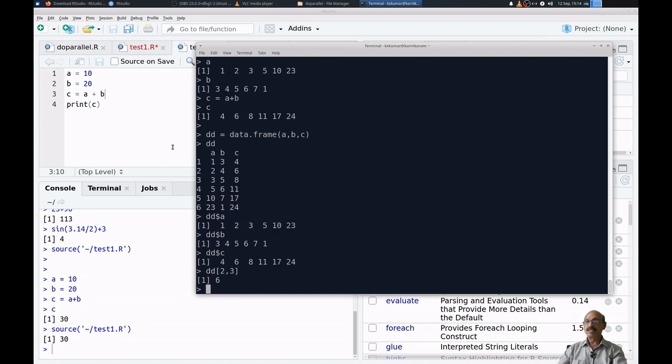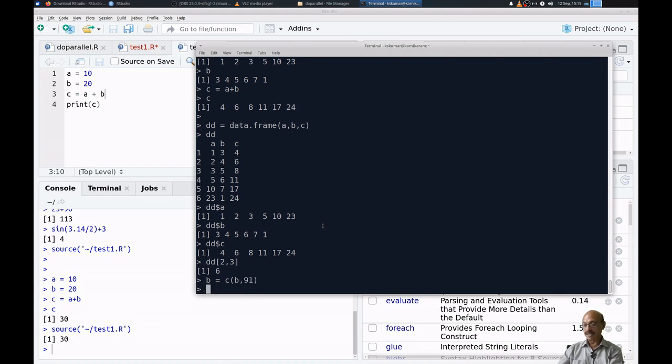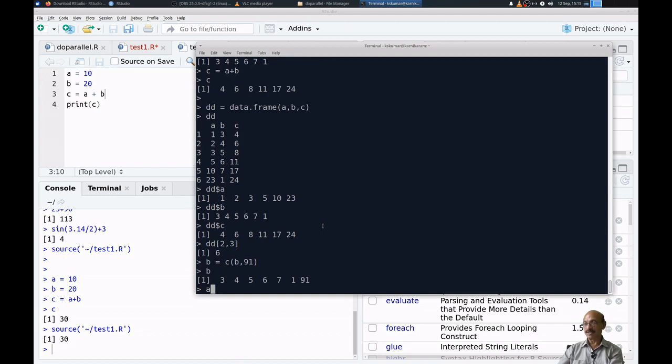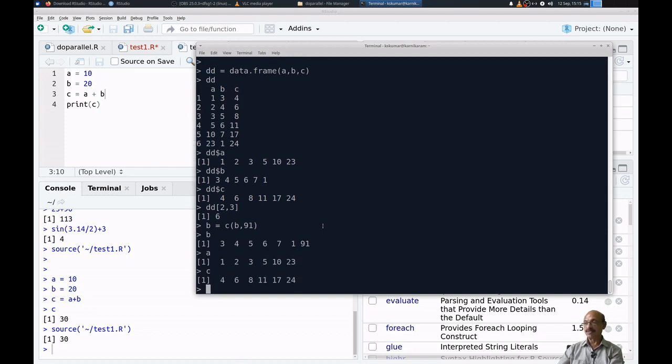But one thing with the data frame is that the length of each column must be the same. So every column must have same length. First column 6 values, second and third both, each column has got same number of values. But there is another type of this one. So say for example, if I want to add one more value to b, I will add one more. b is equal to c comma b. So that is existing b. Along with that, I add one more value, 91 I added. So now b has got 7 values, right? Now b has got 7 values, a has got 6 values, c has got this one value.